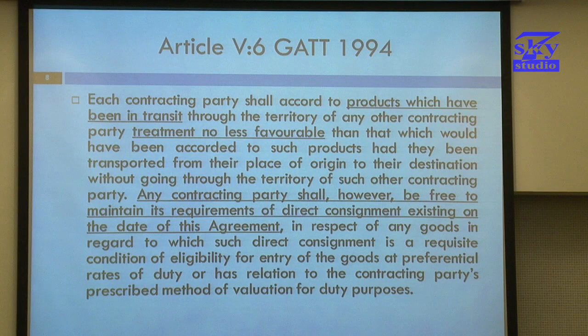According to the panel in the Colombia Ports of Entry case, while Article 5, Paragraph 2 of the GATT extends the MFN protection to goods in transit through member countries, Paragraph 6 extends MFN protection from discrimination based on the geographic source of goods in transit upon reaching their final destination. In view of that, the panel stated that Paragraph 6, first sentence, requires members to extend the MFN treatment to all goods that have been in international transit, except with respect to specific pre-existing direct consignment commitments.